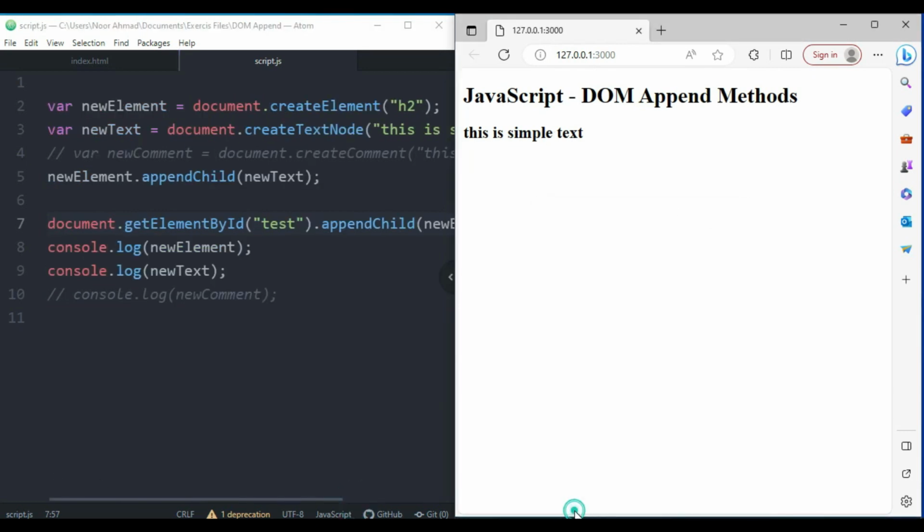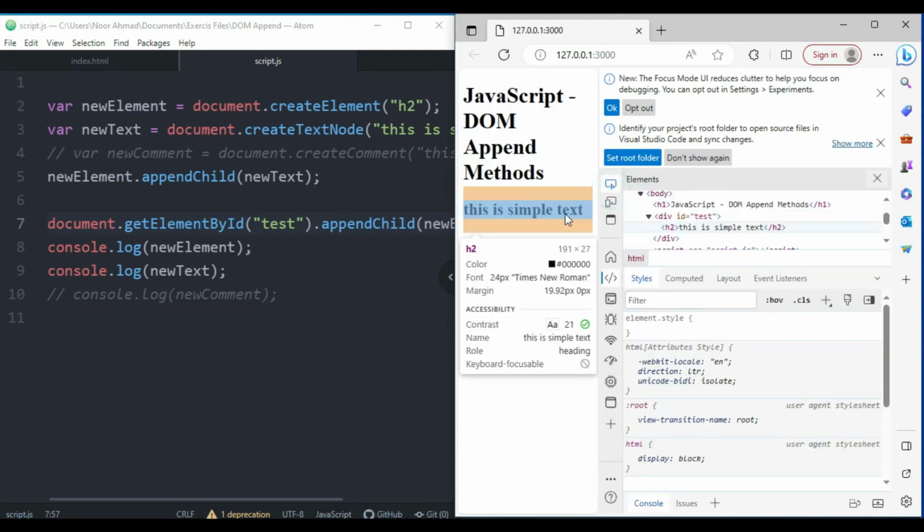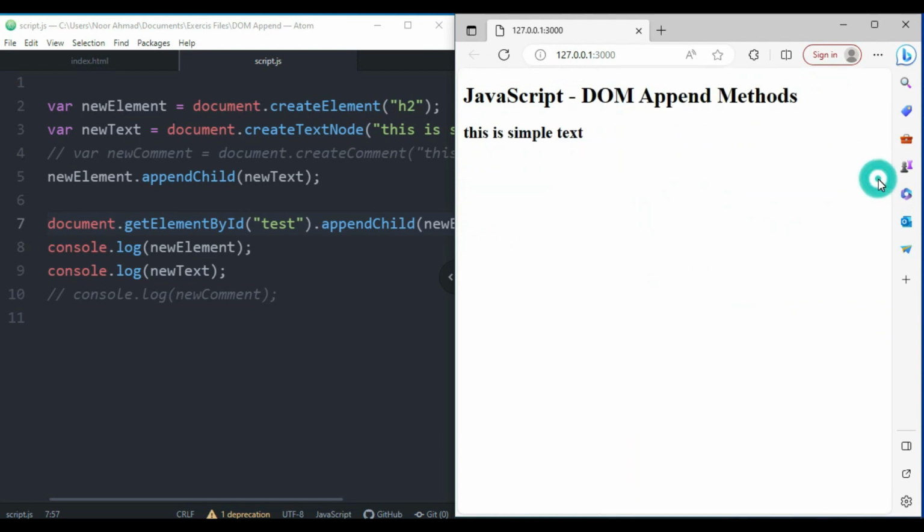So now let me inspect this so that it will clearly display for you. Here you can see that this simple text is added inside the test div or test ID. So hope you understand until this point. And now let's